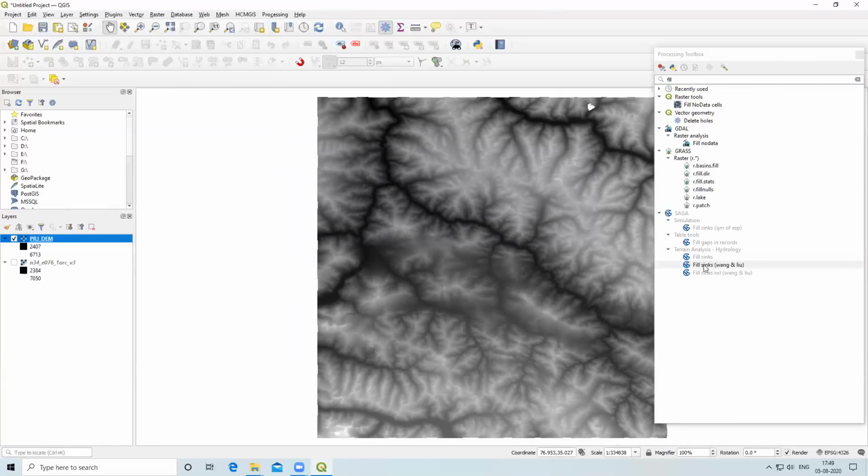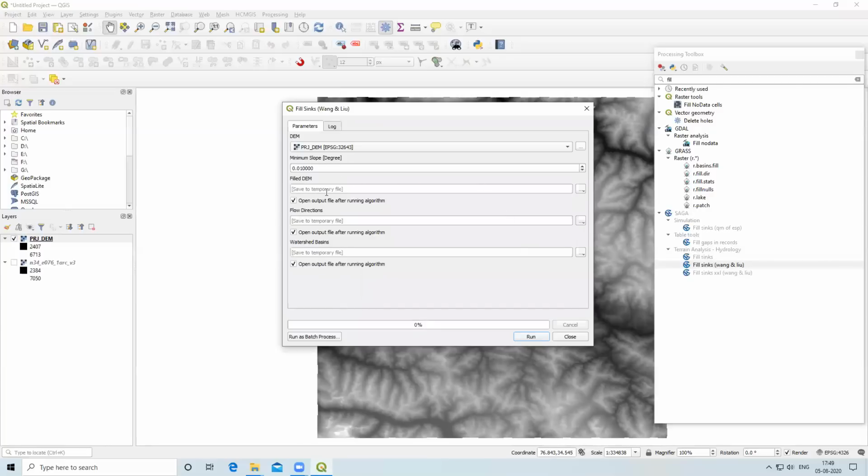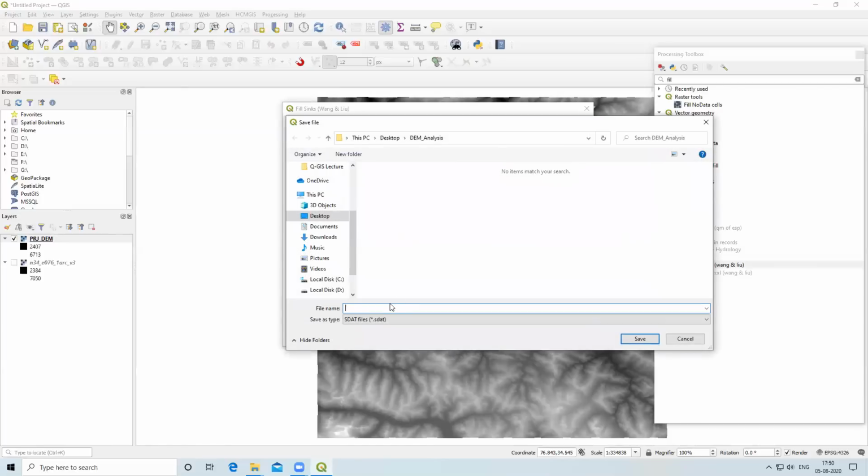I will click on the fill sinks Wang and Liu option. In the DEM I will select our projected DEM. Flow direction and watershed basin we don't want, so I will deselect them and save this file by the name of filled DEM.